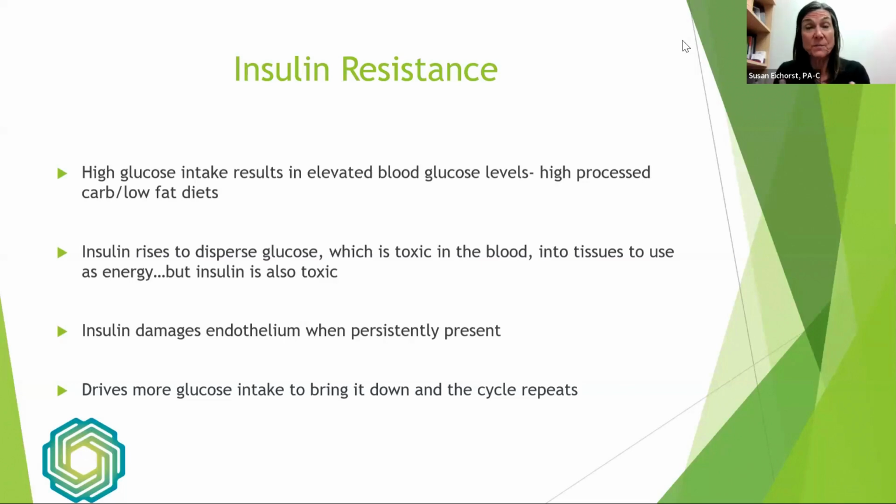Your body's going to try to do something to adjust this. Either make you go into a coma, have cravings to get more sugar in there, but insulin in and of itself can damage the endothelium when it's persistently high. So this damage is going on consistently between high levels of glucose and high levels of insulin, and it just keeps going. You've got this round robin effect repeating these cycles, and it goes on and on.